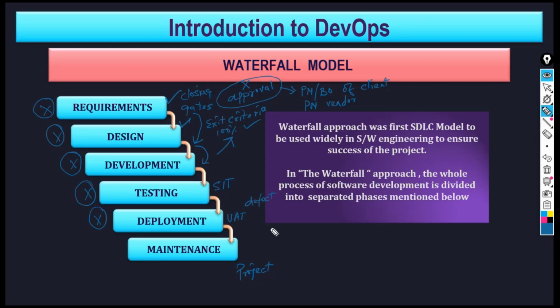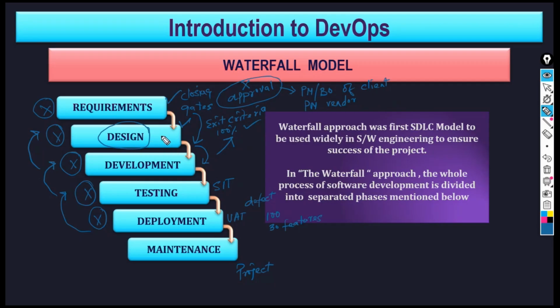So if they have raised several defects, say out of 100 features, 30 features are defective or not up to their liking. Can you understand that 30 features are not up to the liking? So you have to go back. You have to again scale up the ladder. Maybe there is a design flaw, but generally that doesn't come back that way.